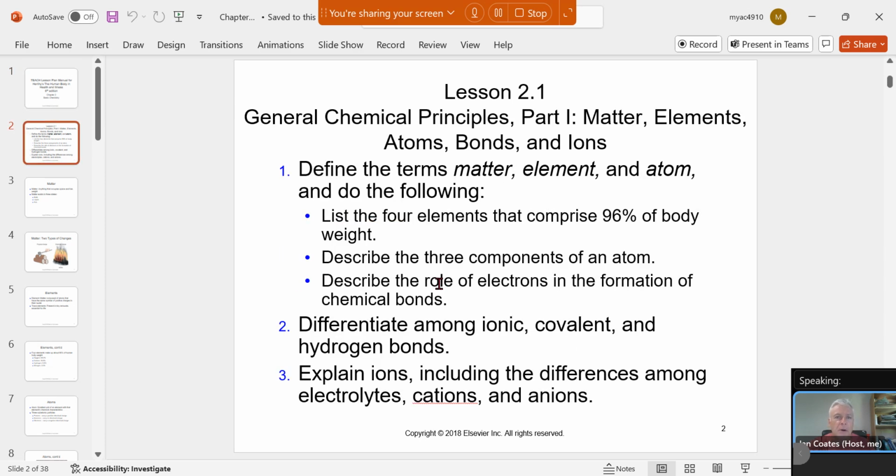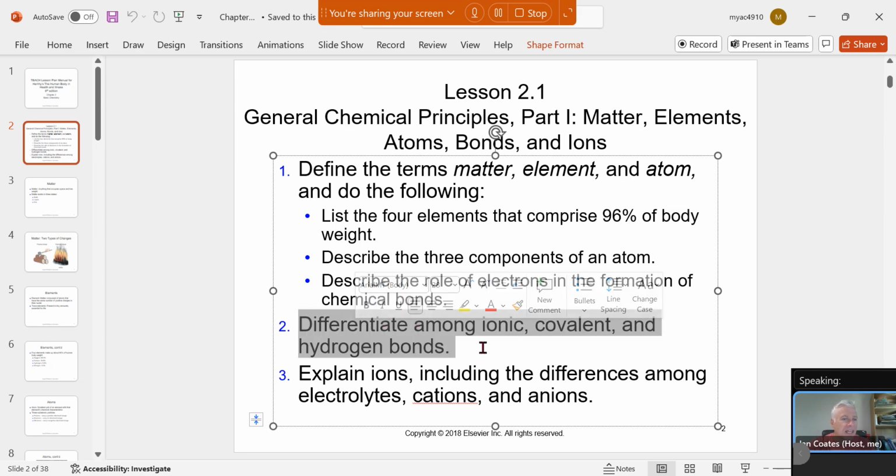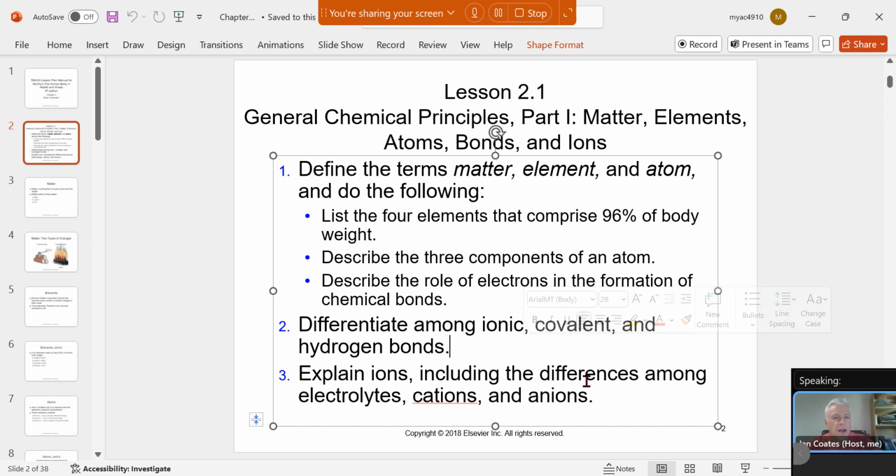So here we're going to talk about matter. What is matter? Okay. Elements, atoms, the 4 most common elements that basically comprise most of our body. We're going to talk about different ways that atoms can interact with each other: ionic bonding, covalent bonding, hydrogen bonding. We're going to explain what an ion is and how the body uses these ions to provide